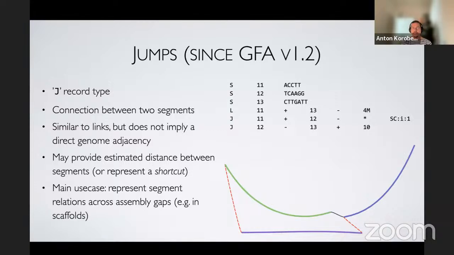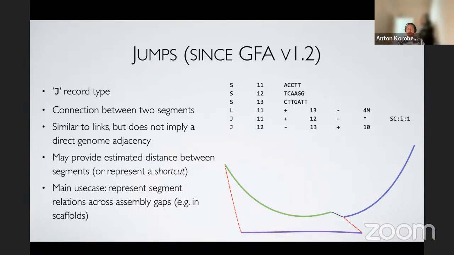Another thing, similar to links, but added in a recent revision of GFA, is the jumps. Jumps again show the connection between two segments. They are in some sense similar to links, but they do not imply a direct genome adjacency. Think about scaffolds, for example. The genome assembler might